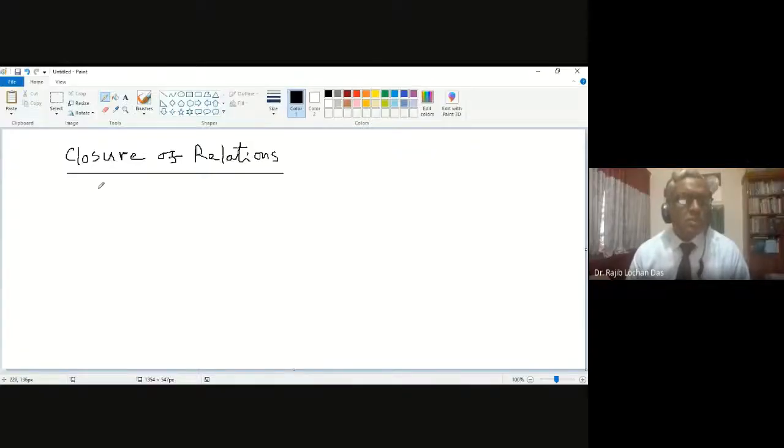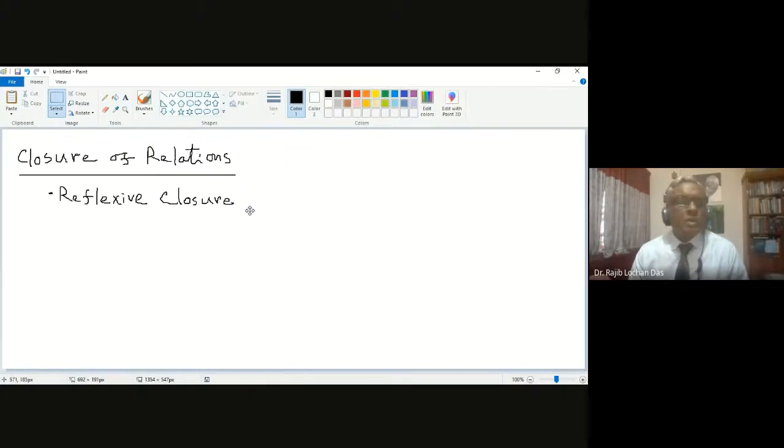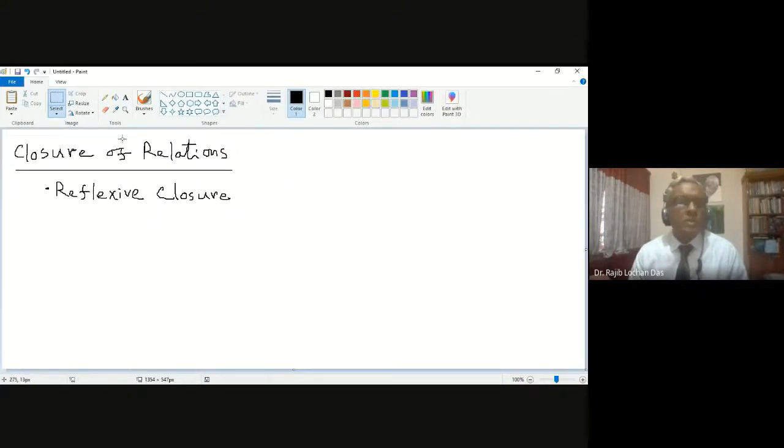properties. So one can be called reflexive closure, another is symmetric closure, another is transitive closure. So this is very simple. Let me give you some example, then it will be clear. So one relation, let us just have an example, say,